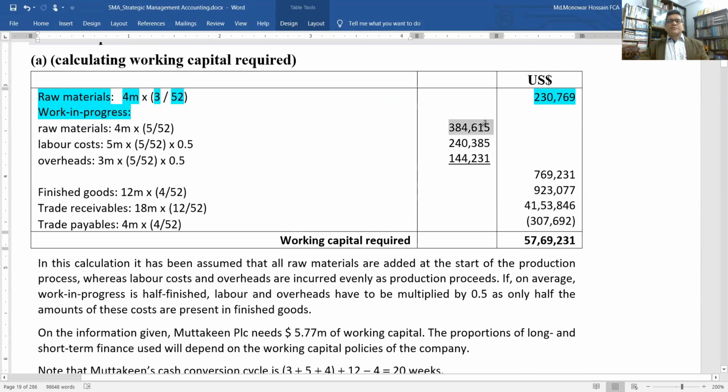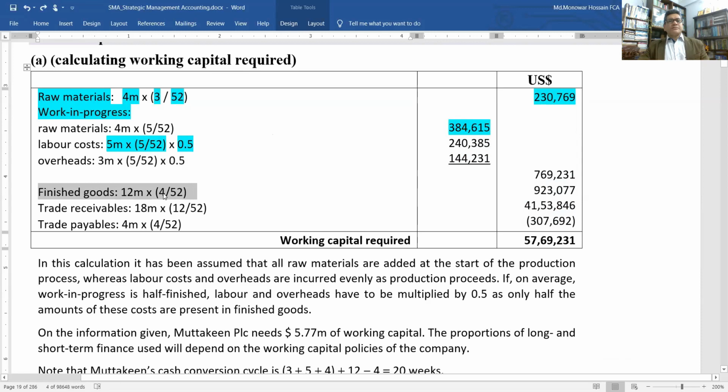So the figure is that labor cost also throughout the year eventually, that means average 50%. Then overhead also 50%, 3,552,000. Finished goods,